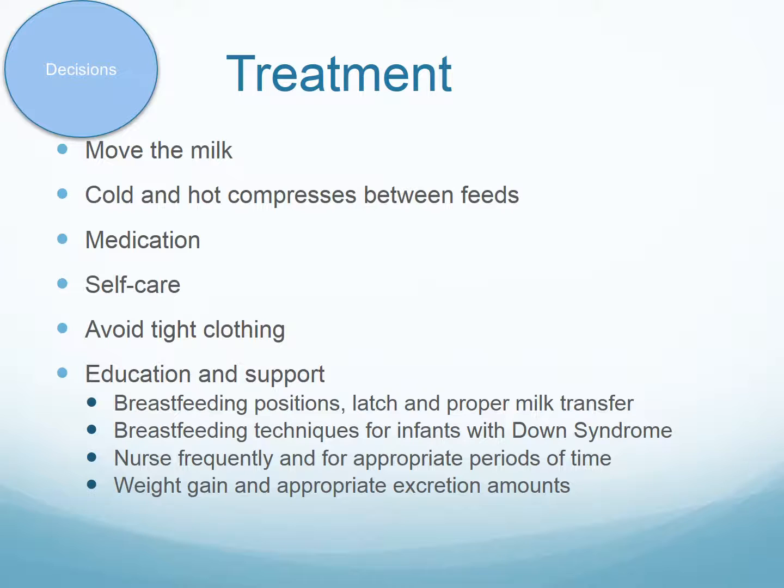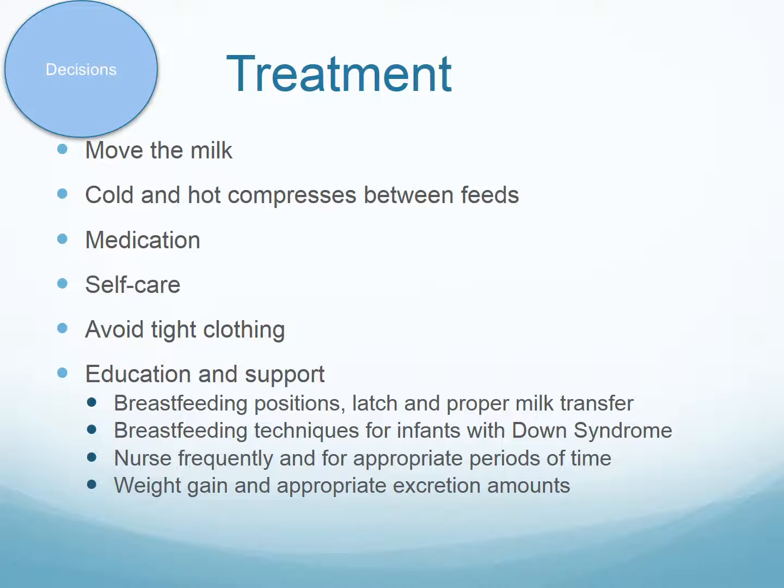Breastfeeding techniques for infants with Down syndrome include cross-cradle and football hold to counteract the low muscle tone, to dim the room, remove baby's clothes, lightly stroke baby's body, and place a cool cloth on baby's abdomen to stimulate infant and to keep baby awake during feeds. To latch baby onto breast with mouth wide open and to softly push baby's chin down during latching to address tongue thrusting. Further education should also be provided on adequate nursing frequency and length of time of feeds, as well as appropriate weight gain and excretion amounts.